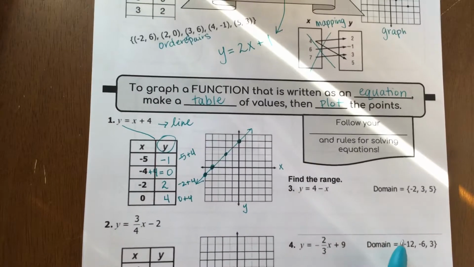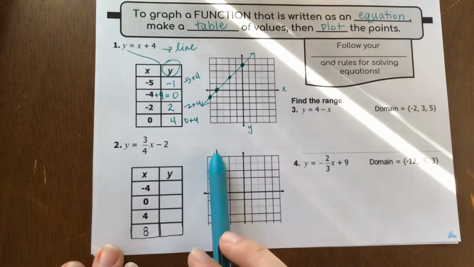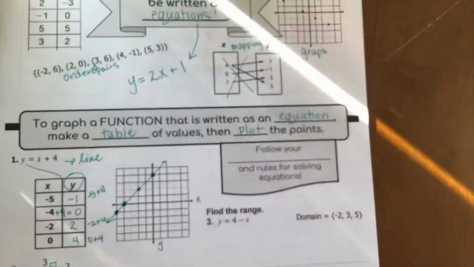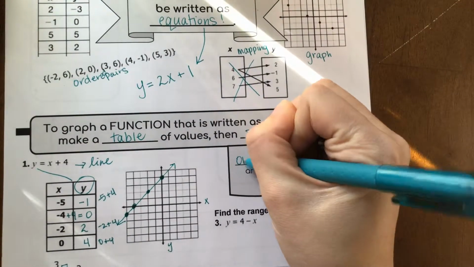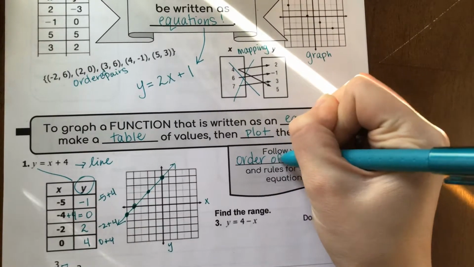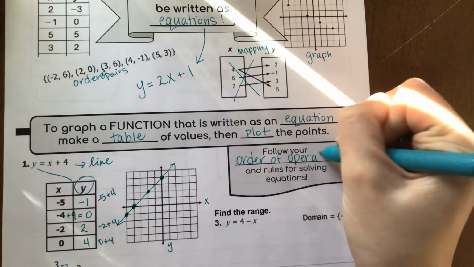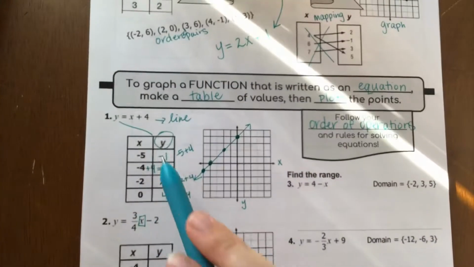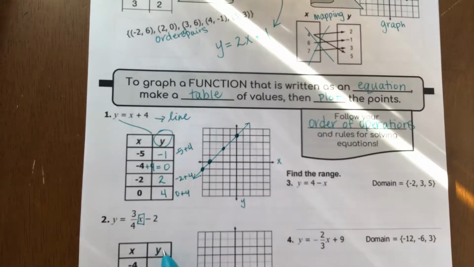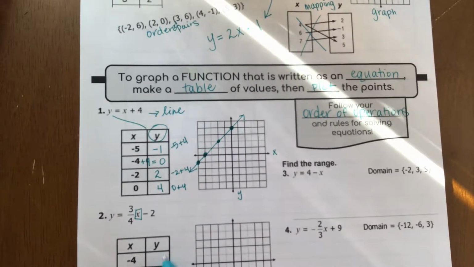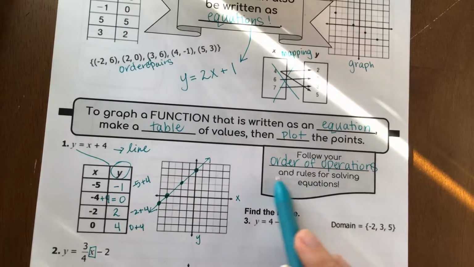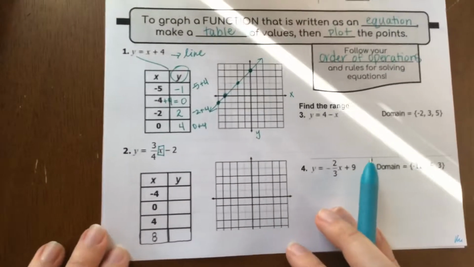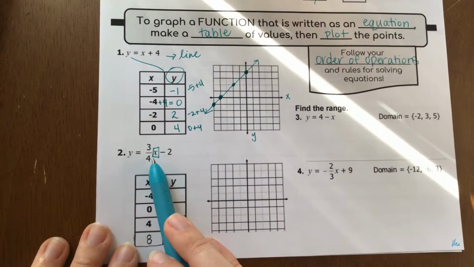Okay? So what we're doing is we're taking the x values and we're plugging in that x value, and we are following our order of operations to be able to solve each of these equations for what y or our y coordinate is going to be equal to. So you always want to follow your order of operations and any other rules we have for solving equations. So for example, in number 2, if we plug in